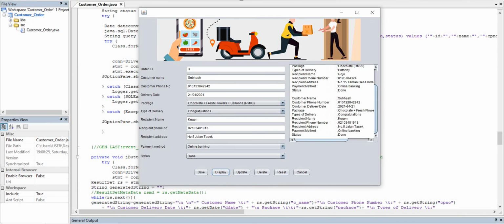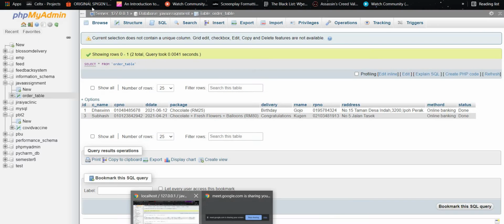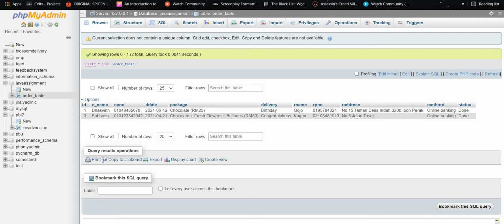So see, here it displays the Subhash name and every detail. If you want to update, click anything. Okay, change receipt name. Okay, click Vijay, and we can see in the database it is automatically changed.